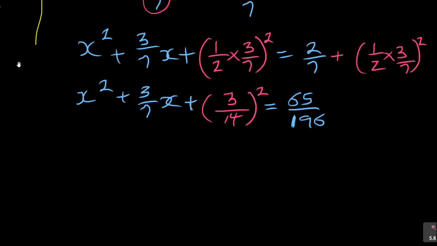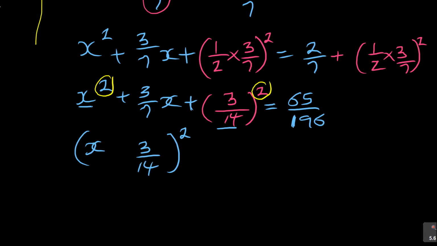Don't avoid decimals. Leave it as fractions for now. Now look at this. That's where the final answer comes in. There is a square there. So you put a bracket, you put that square there. Inside here you write 3 over 14. What is the sign inside? It is a plus, so you also put a plus. Is equal to 65 over